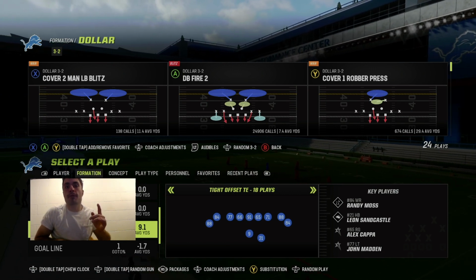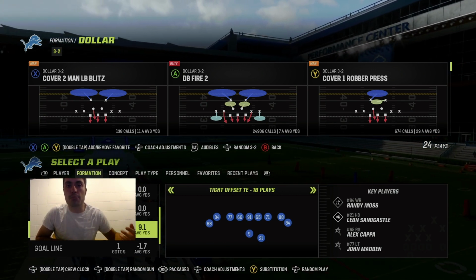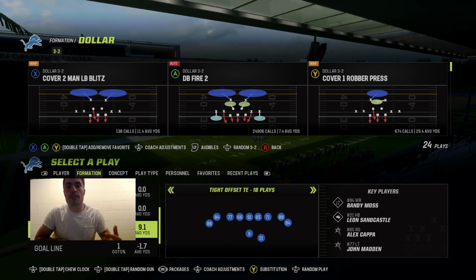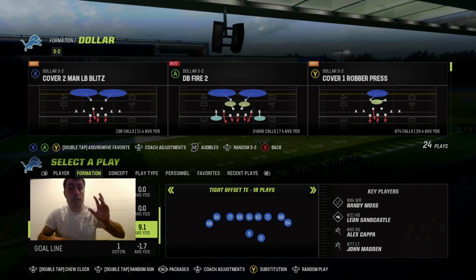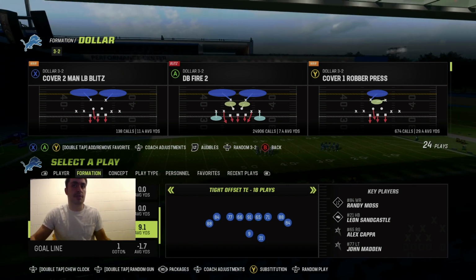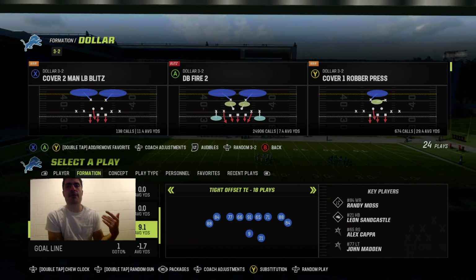Today we are going over how to counter Dollar, both DB Fire and Spinner, and common ways and concepts to counter that, counter both and counter each individually. Let's get started with the run, guys. So,